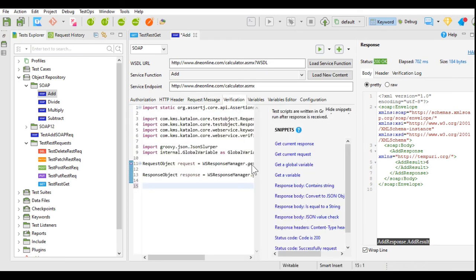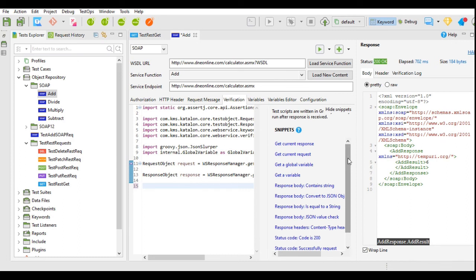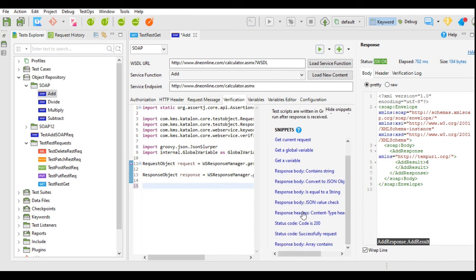We will go to the verification tab. Here also we will get the hide snippet and show snippet tab, wherein you can hide and show the snippets. Here you will get the status code. You can check the status code. You can check the JSON value check; JSON value means here we will take the XML value check.